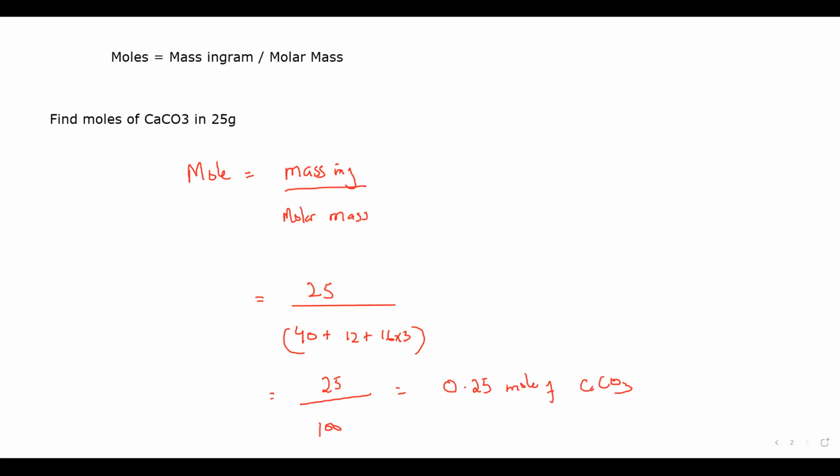So the first formula to get the moles is mass in gram divided by the molar mass. Mass in gram is given and molar mass is not given, but you have to use a periodic table. You can work out the molar mass, and mass divided by molar mass, you will get the moles. Now what is the second formula? The moles is equal to the concentration of the solution